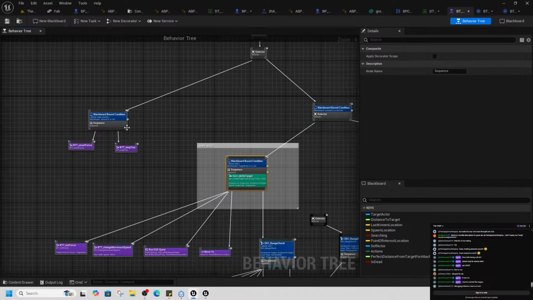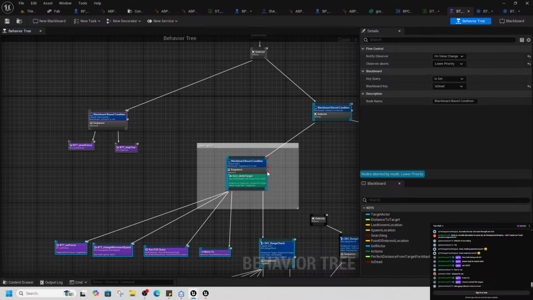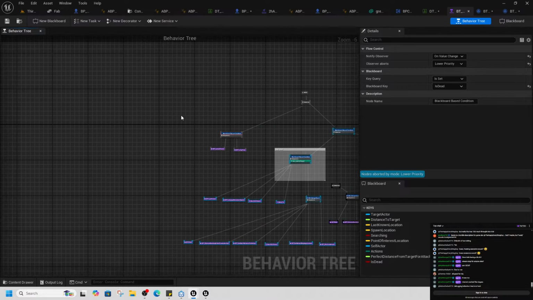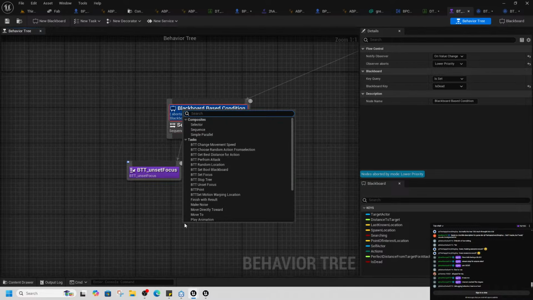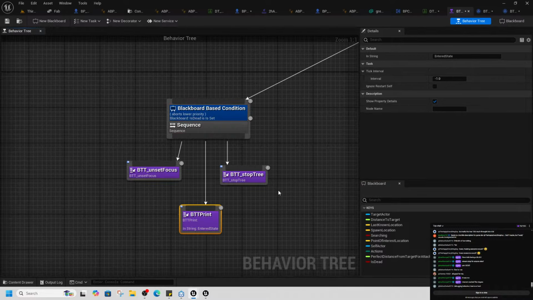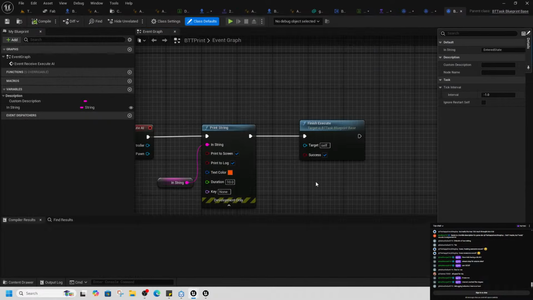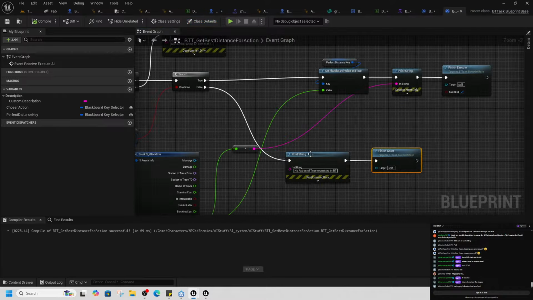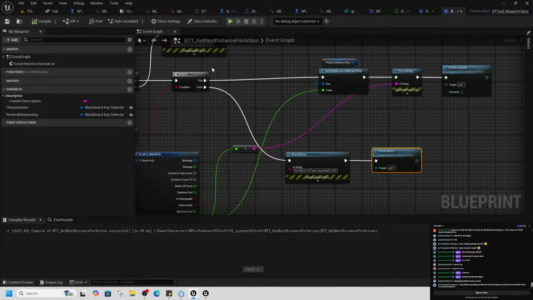And then once you select it, you can see which one, so it aborts while it's turning blue. So this just jumps out of every single one of these nodes. The other thing is if you do a print string, you can set up a task that is just print. It's a super simple task, and that just helps me debug it so I can see where it's entered and where it hasn't. It's so stupid, but